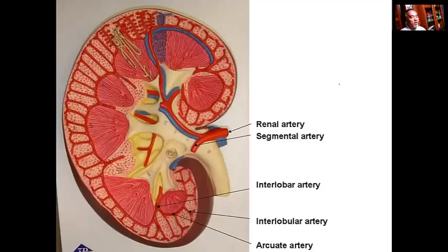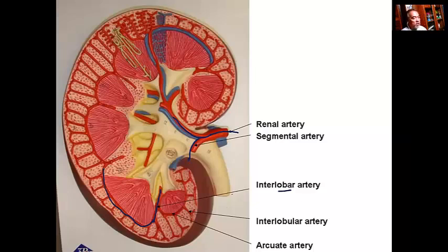All right, so let's take a look at blood vessels now. Remember, the reason why we can actually use our book is because some books actually have different names for a certain vessel here, and I'll actually specify that. So we have the renal artery. It's the same name as in our book. It divides into segmental arteries, the same name as in our book. And then it actually goes between the lobes, located at the renal column, the interlobar artery, the same name as in our books. The only difference is this vessel called the